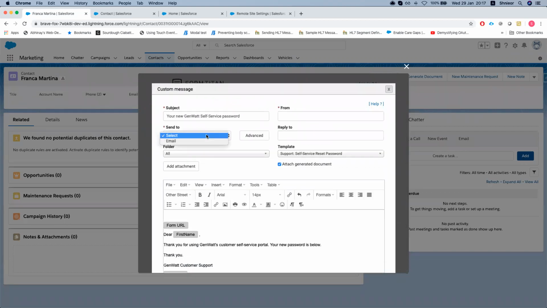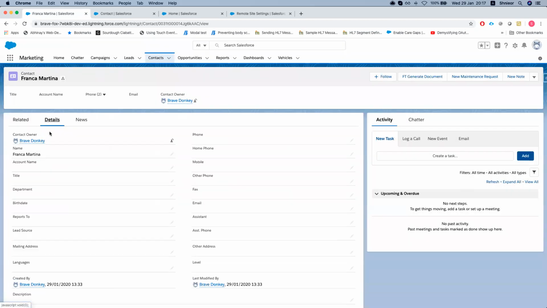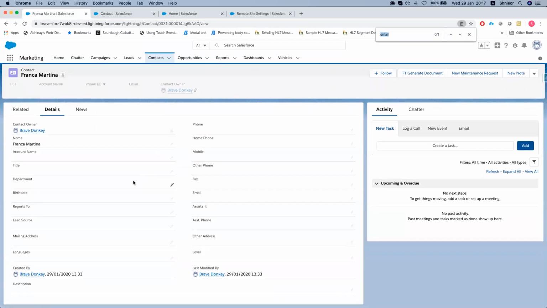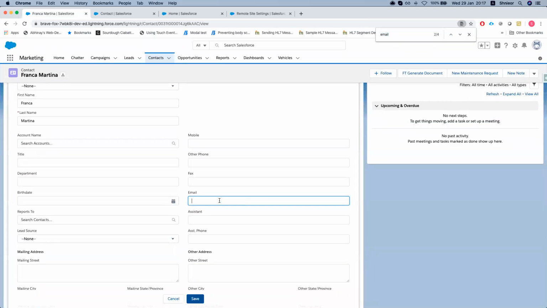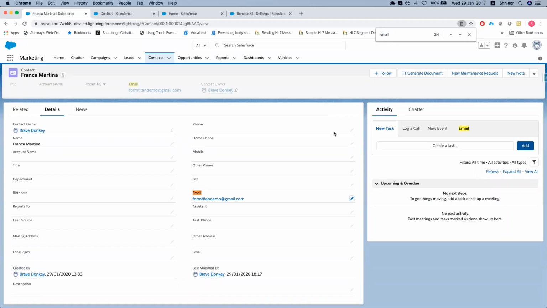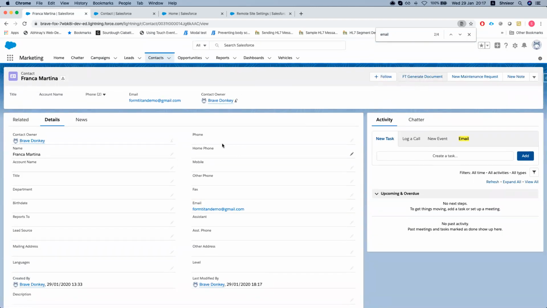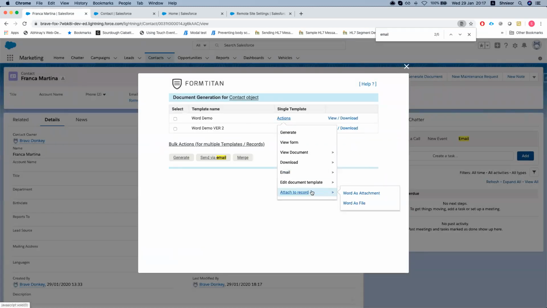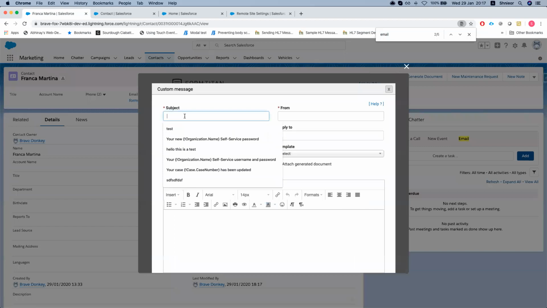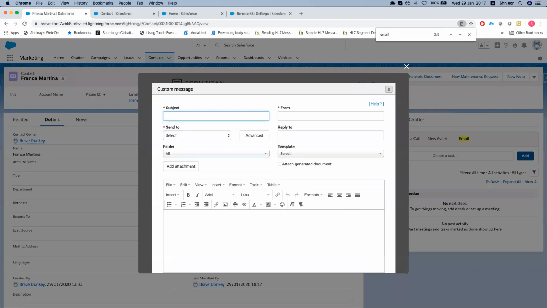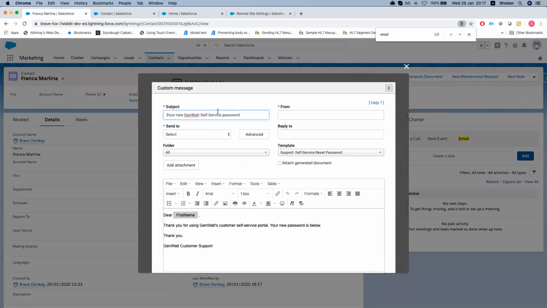That's cool. So let's send an email. Let's just see what I have here as my email. Okay, I'll save this. And let's run my document. So I have to generate document, and I'll do email. Let's select a template. Okay, so my subject was populated, and let's send it from